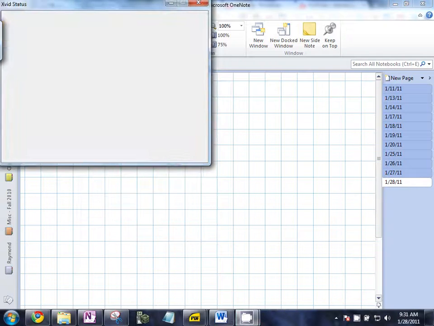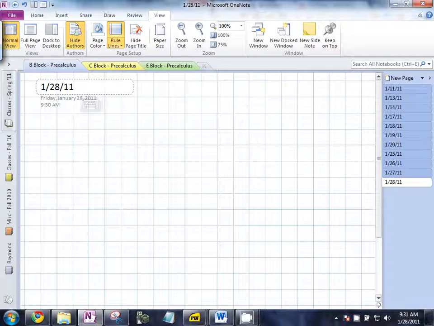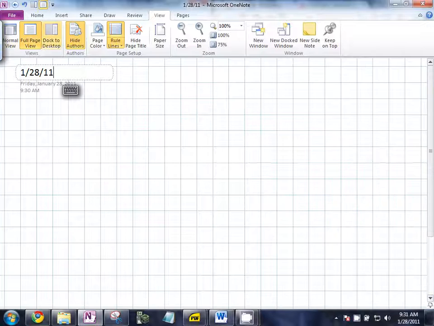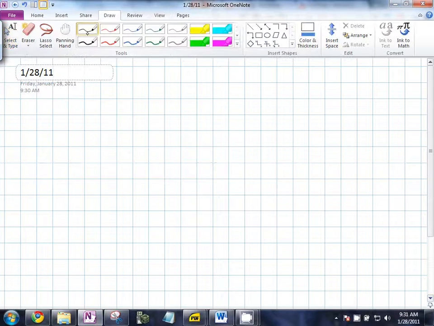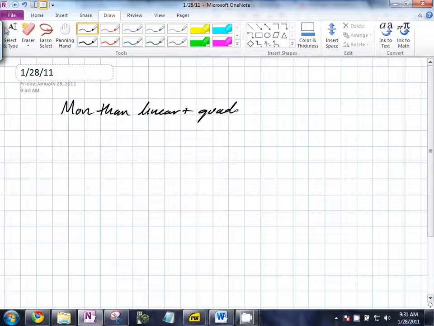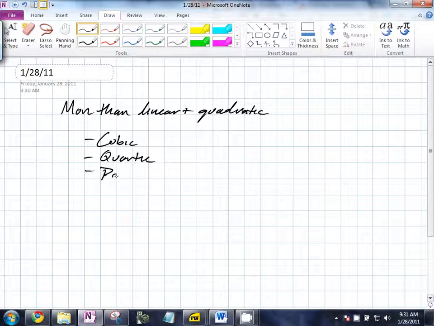So you had to do some more modeling last night. What was the difference last night about the modeling you had to do? What was new, Macy? More than linear and quadratic. Now what do you have? Cubic. Anything else? Quartic, I think. And power functions. Power functions are really simple, cubic and quartic, going through the origin, those pictures we